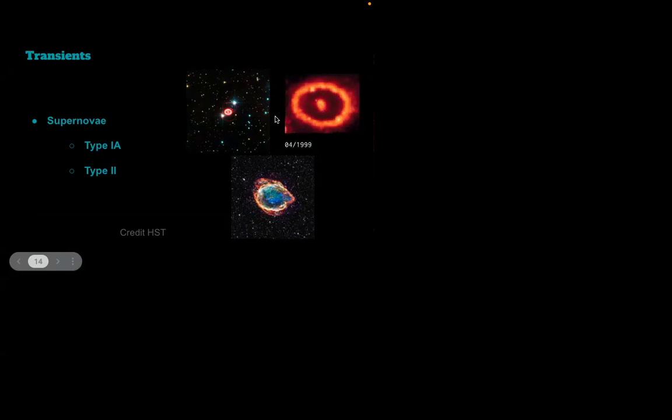And in the lower panel, you are seeing this type 1a supernova. This is the supernova where the formation is not happening due to a stellar collapse or explosion. This is happening because a white dwarf is accreting material from another main sequence star or a giant star. And this can also happen in another case, if two white dwarfs are merging. Then this can also generate a type 1 supernova.